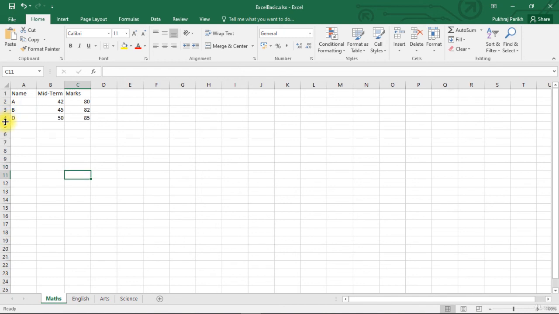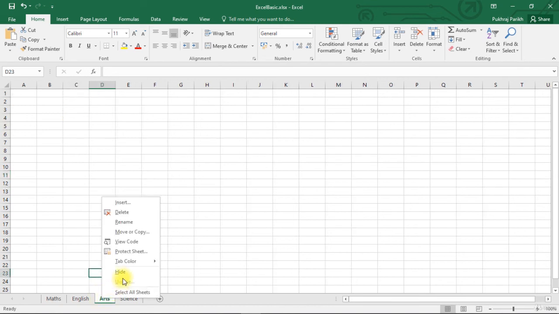Similarly, we can hide, unhide complete sheets. The process is same. Right click on the sheet name and select hide. Hiding sheet is a common practice in businesses. Very often, only a sheet containing summary of the data and charts or graphs is visible.